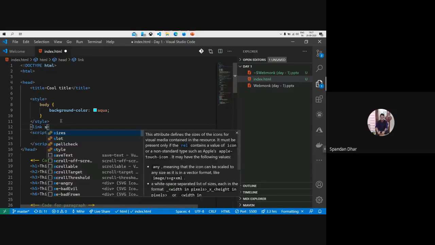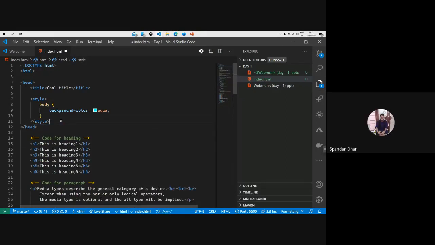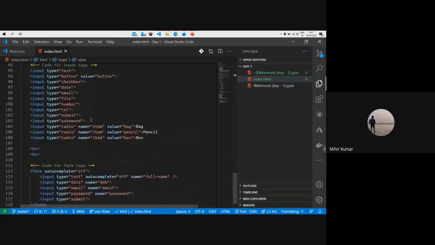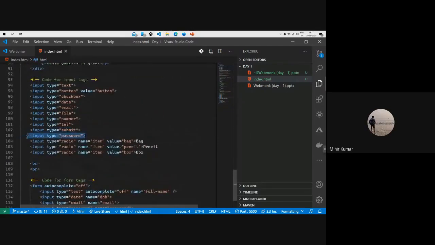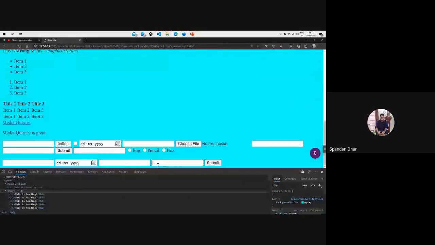How to use that password one? There's the I symbol over there, right? Could you please explain that again? Yeah, let me go over it. So this is the password code. What do you want to know? I just want to know how the I symbol is coming. As I said, this is an inbuilt feature of some browsers. It is not necessarily available in every browser, but